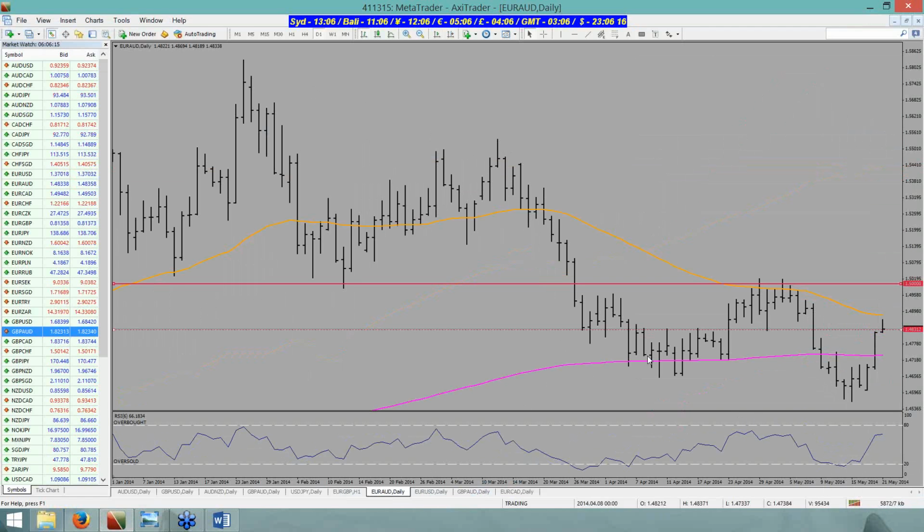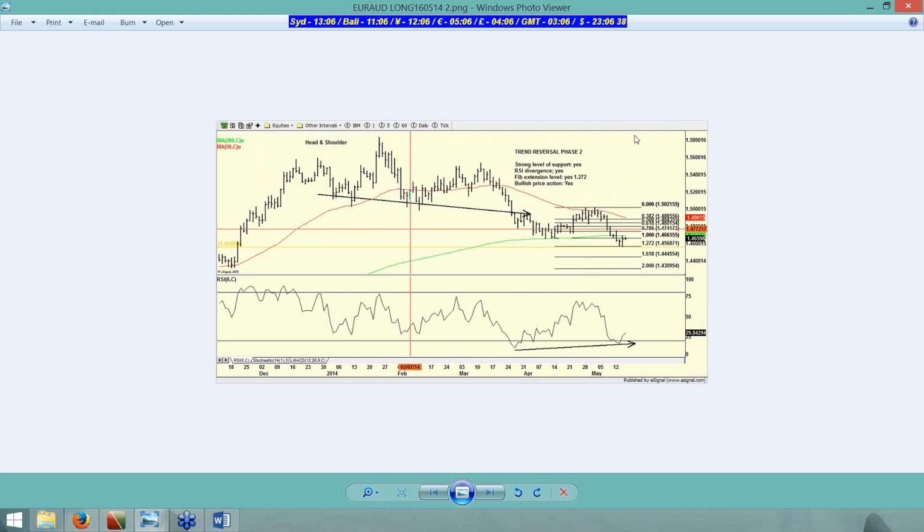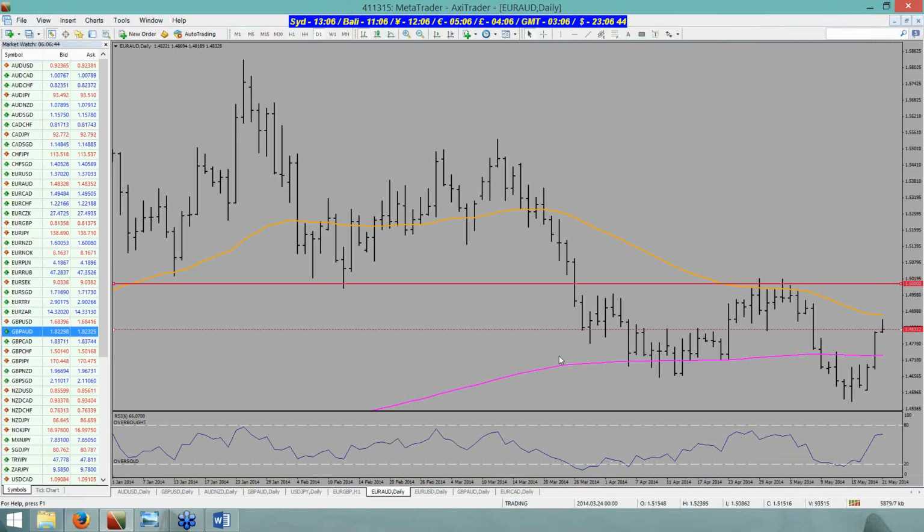You need to see clear divergence, and just like across here, price making lower lows, price making lower lows, price making lower lows, but we're making higher lows in RSI. So that's the divergence, and it's against that phase 1 that you're seeing that divergence, and you're looking to take a phase 2 trade. Here there was none, so I disagree with your divergence here. Okay. Yeah, and there's that head and shoulders which we identified in the course last week.